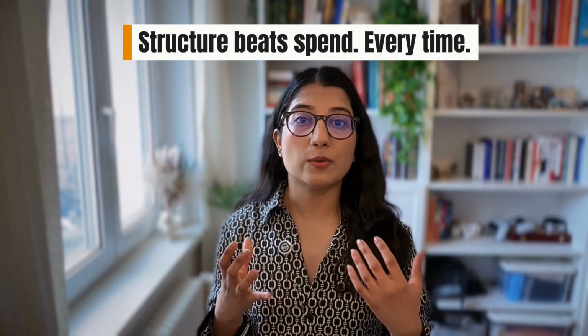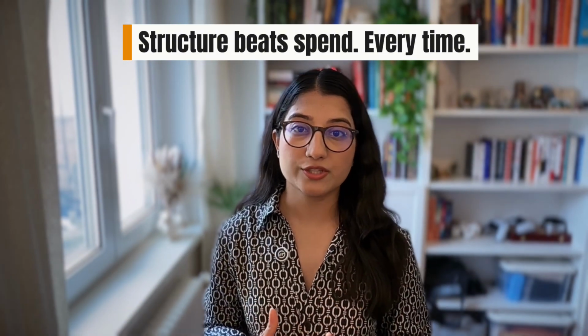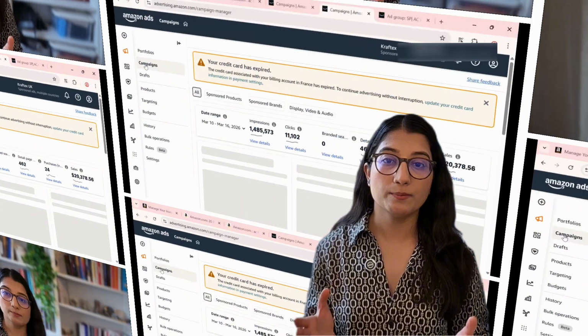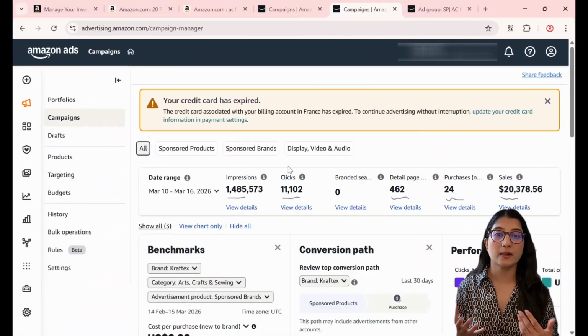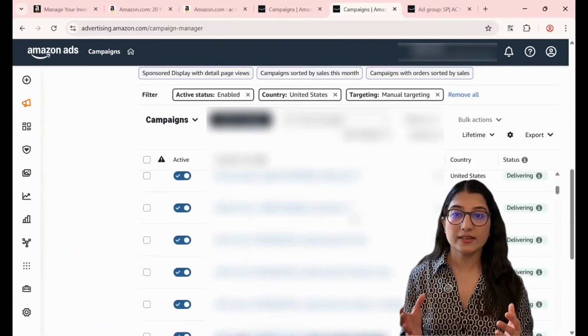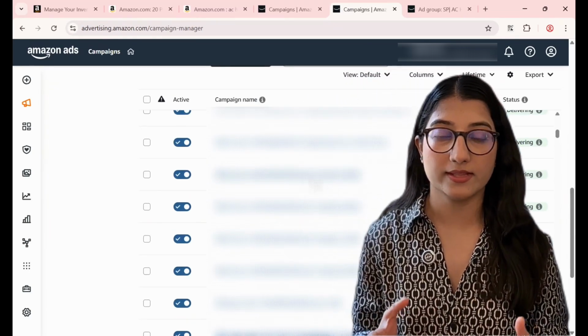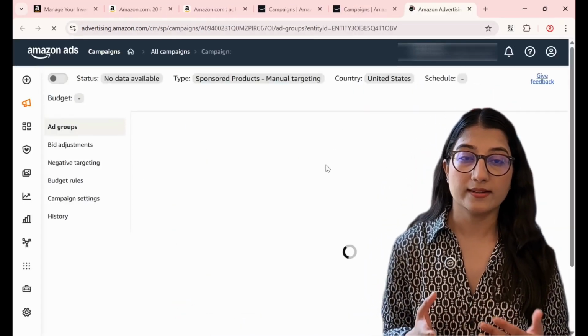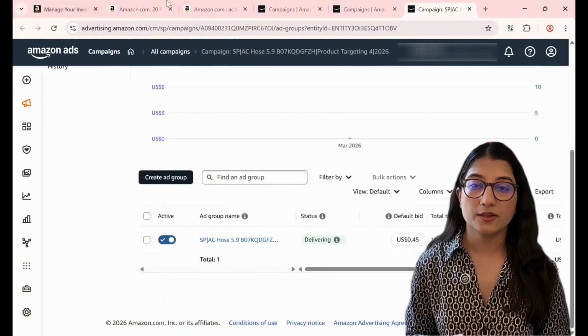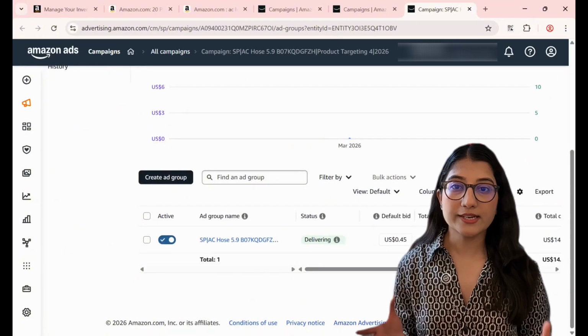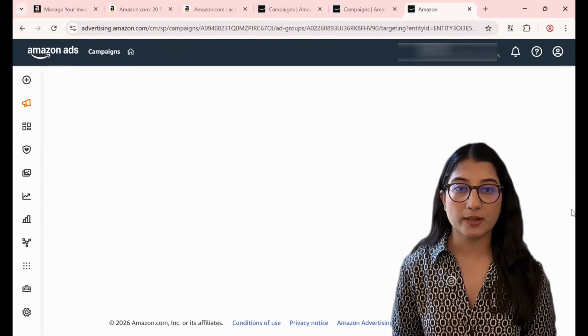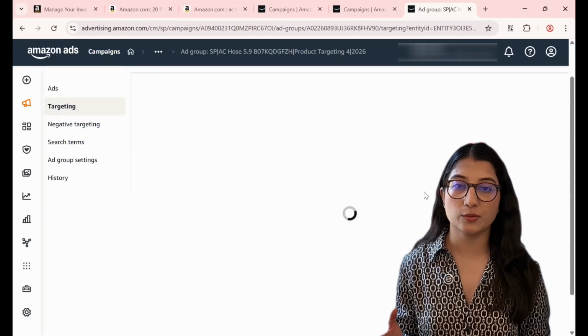So now we will deep dive into campaign structure 1, in which we will be doing competitor analysis or competitor conquest by customer type. Here is where most sellers go wrong with competitor targeting. They create one massive campaign, throw in every competitor ASIN they can find and call it a day. That is a complete mess. You learn nothing from it. The right way to do this is to segment your competitors by the type of customer they attract.